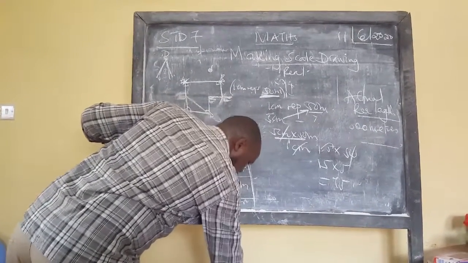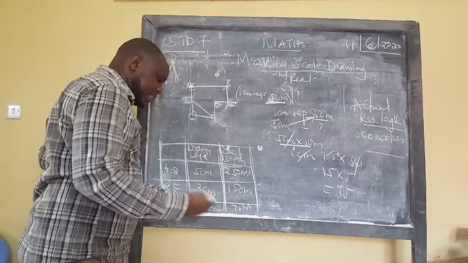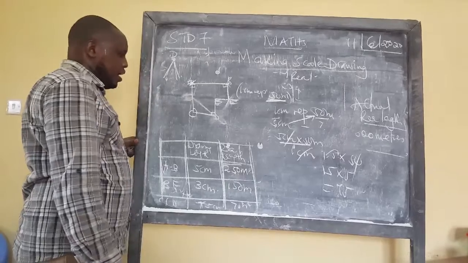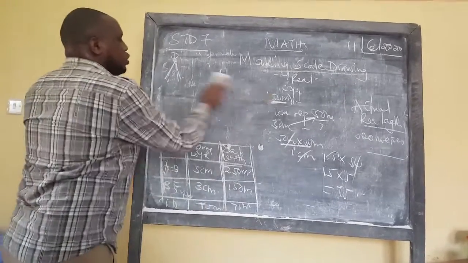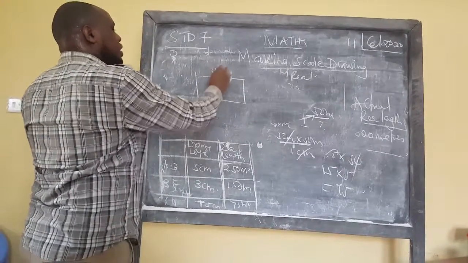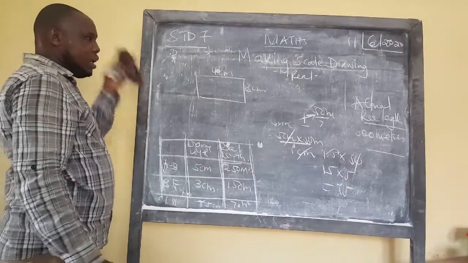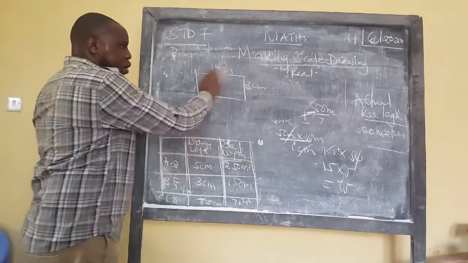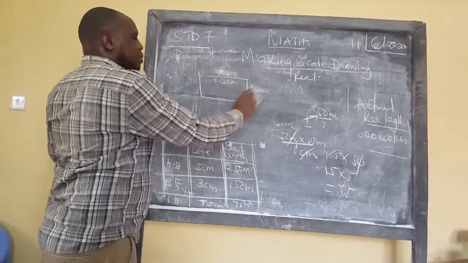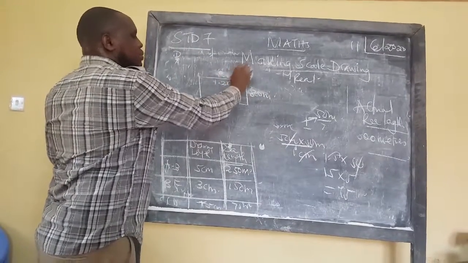With the question number 3. A rectangular range measures 1.2 kilometers by 800 meters. Using a scale of 1 centimeter represents 100 meters, calculate the drawing dimensions of the land. Now you remember what I taught you in the beginning, that you are given maybe 4 centimeters and this 3 centimeters. Now in this case, they have not given you the drawing length. But they have given you now the real length. Maybe they have given you 1.2 kilometers and maybe 800 meters. And they have given you a scale. 1 centimeter represents